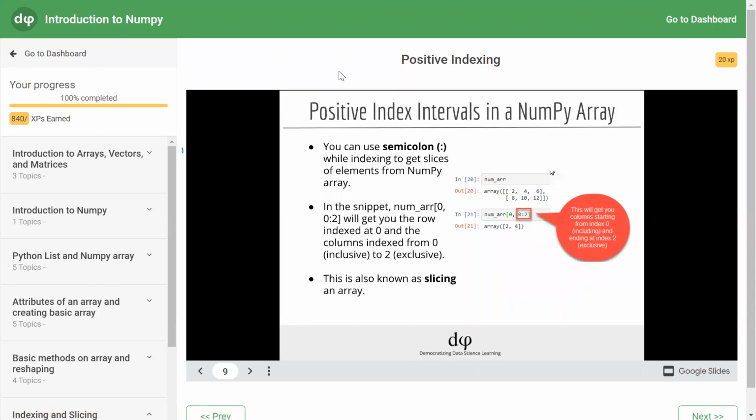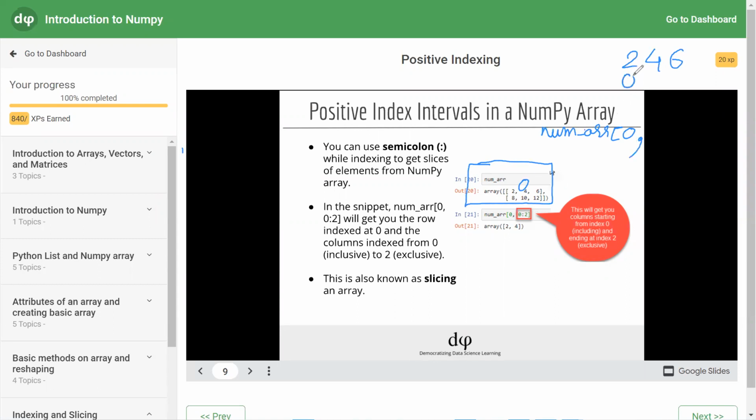Now, instead of accessing a single element, if you want to access multiple elements, then you can use access in intervals. Here you understood that this is a two-dimensional NumPy array containing 2 rows and 3 columns. So when you write the NumPy array, inside it 0, it will access the 0th element. What has it accessed? [2, 4, 6]. And from this, we want 0 to 2.